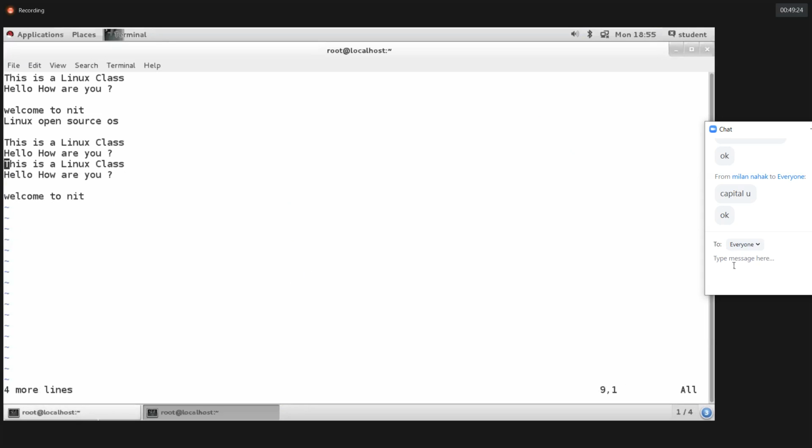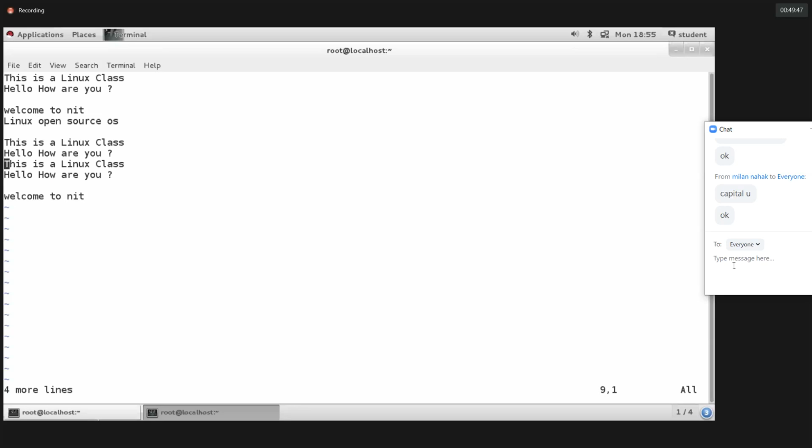So Y1 to copy the line. You can place the cursor on any line you need to copy and then use Y1. It is going to copy the line and you can navigate the cursor according to your requirement. Use the P option to paste the line. So you can paste anywhere in the Word file.